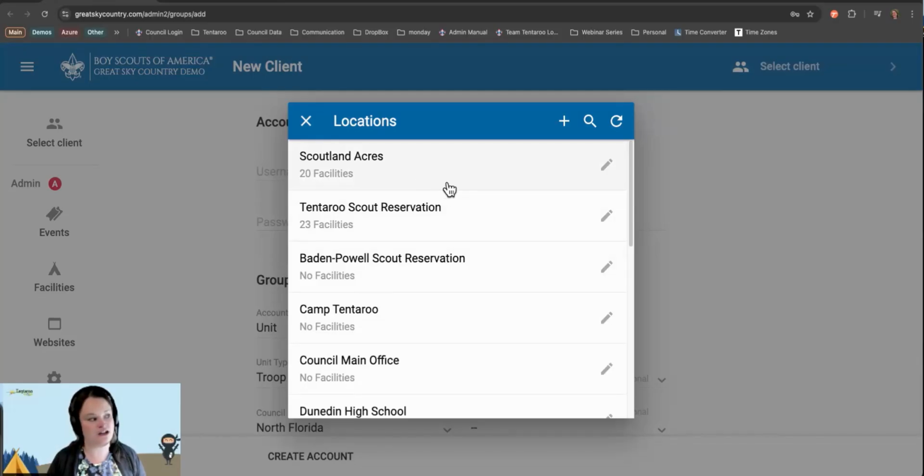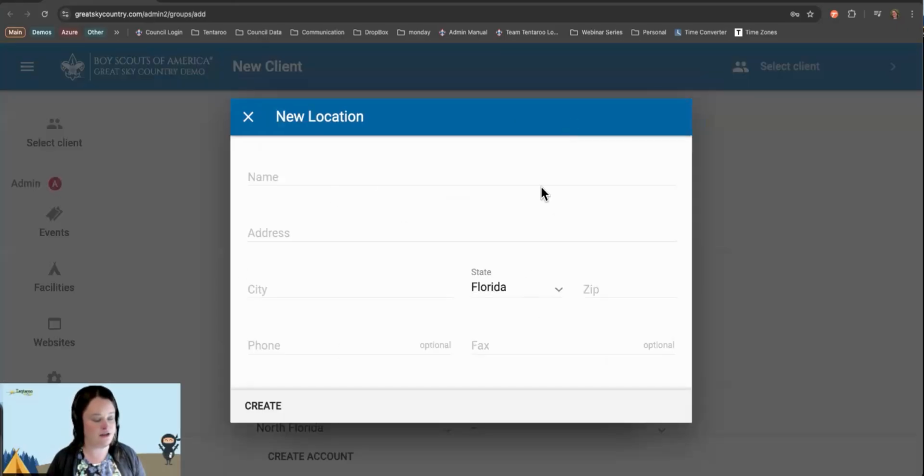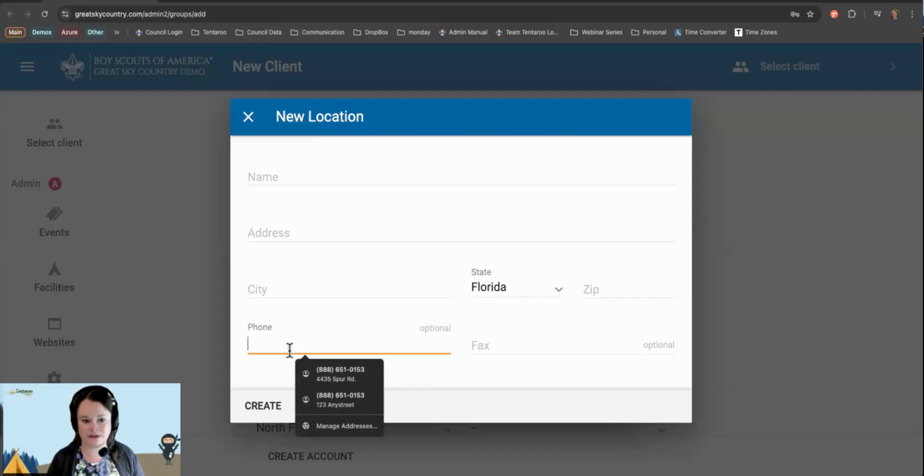If you need to add a new location, you can do that from here using this white plus symbol in the blue bar at the top. Fill out the new location form with your property's name and address. And I want to mention here that the phone number is optional. So you can leave it blank if the location phone is not being monitored, or you can enter a different phone number that will be answering questions about booking at this location. Once you click Create, that location will be added to your list to work with in all 3 of the